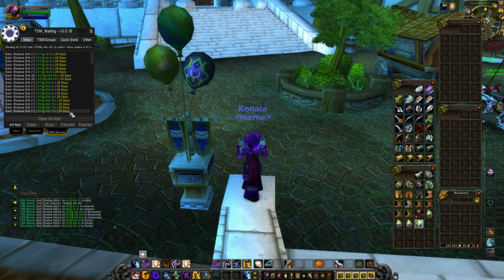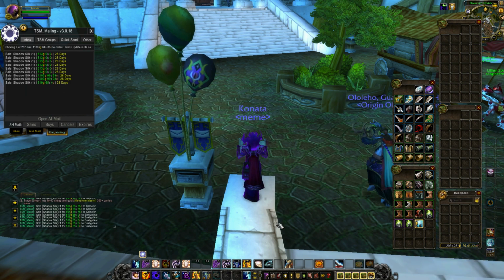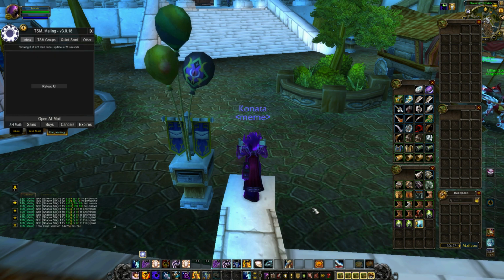Not too bad, 259 already. And there's lots more pages to go. On this one, I actually farmed a lot more silk, especially since I could do 20 lockouts per hour because I have a second account as well. So I had a demon hunter on both accounts, and I'd do 10 runs on this one, took 20 minutes,